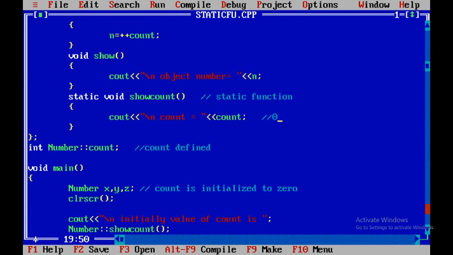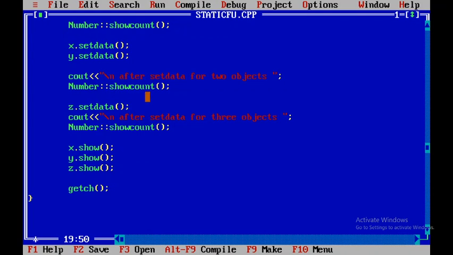Again I repeat this line. The way to call this method is class name, scope resolution, name of the static method. See here, to call a static method we are using the class name, not the object. So it is called a class method.